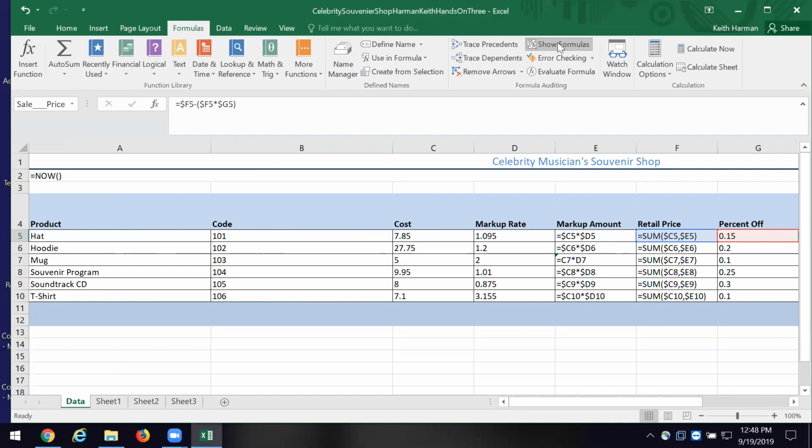Or you could sit and you could write. And you know what's really sad is I come in the lab and I see somebody from one of the other colleges where they're not learning this, and I see them inputting formula in cell, they'll be putting 7.85 times 1.5, 27 times 1.2. And I just think this is sad. Sad, sad, sad. You, however, will just simply do a drag and drop.